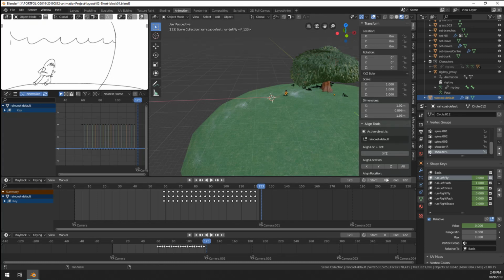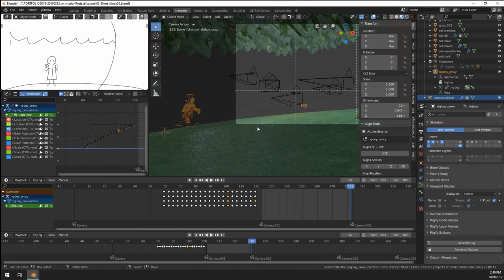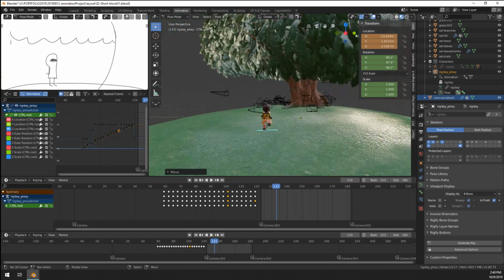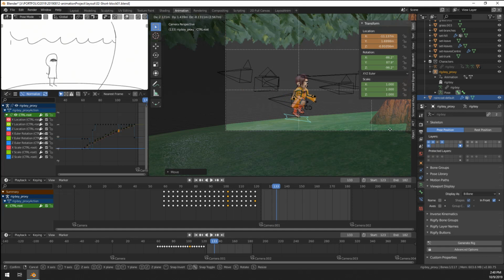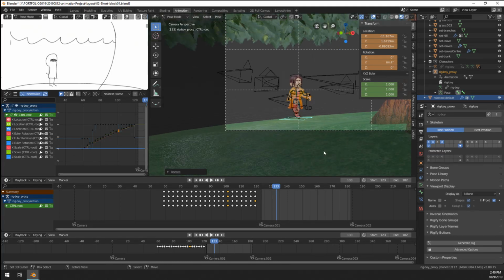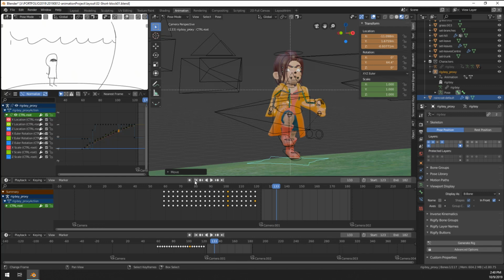So now we go to frame 123 to, I think that's 182. Perfect. Where he arrives at the place. So he doesn't move from this point on somewhat. So what I'm gonna do in here is move him already to the correct position. Yeah, now I want all the keying on, of course. There we go. And then we just